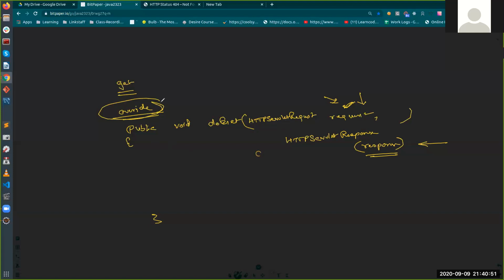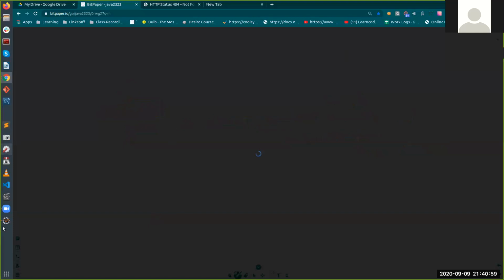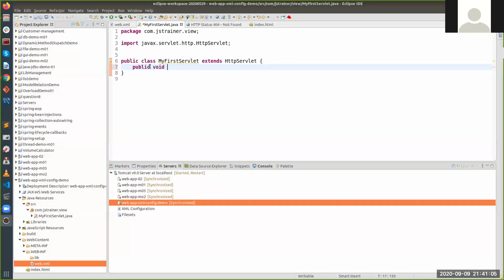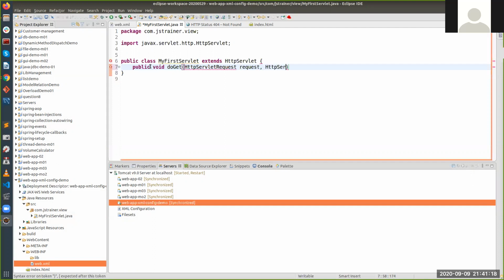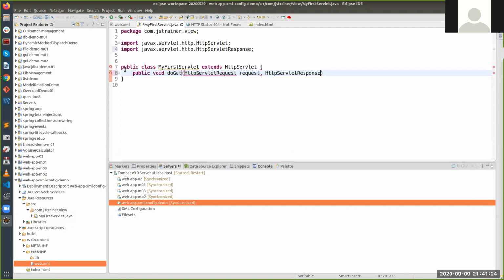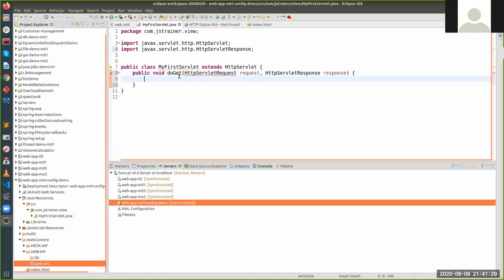Yep, I can hear. So now this method we are going to write inside our application, right? So we go over here and write public void doGet, taking an HttpServletRequest request and an HttpServletResponse response. This is the signature that you have to follow. You cannot escape this, right? So inside this, I'm going to say doGet and doPost.